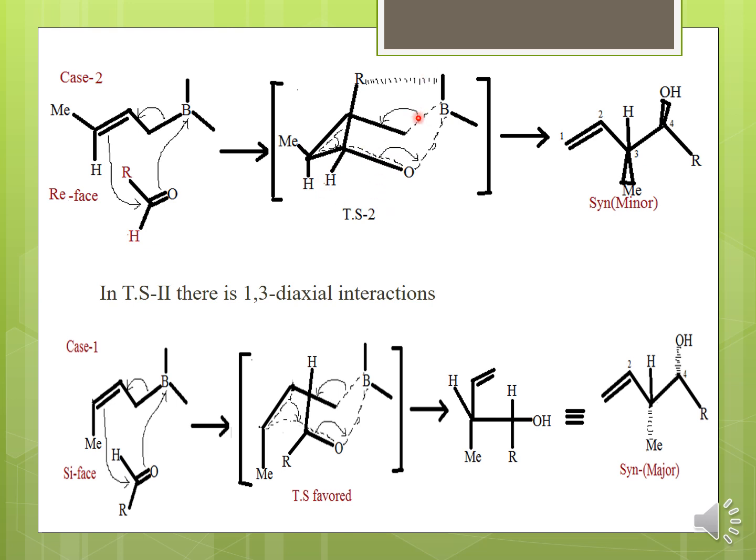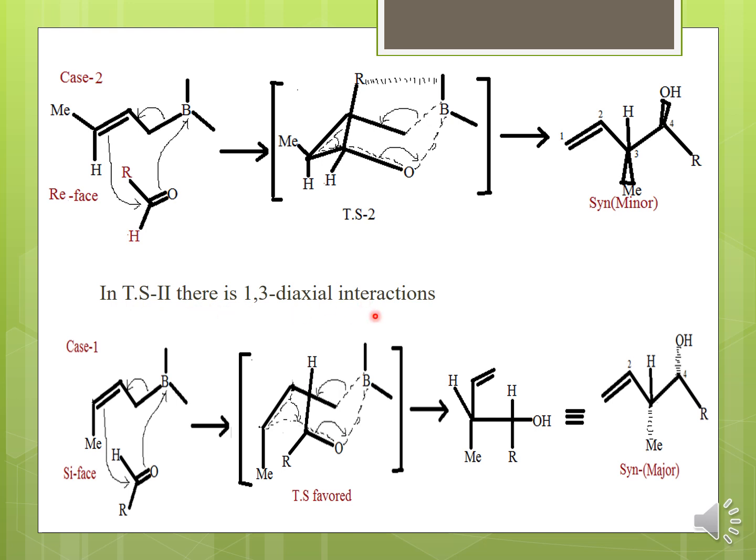Okay, after that what happens, this shifts and then this again shifts and then this bond shifts. There is a cleavage of this moiety, the whole moiety of this boron will get cleaved out. When this shifts, at that time there is a generation of one negative charge, O minus, right? With the abstraction of one proton, there is a generation of your OH, that is your syn product, minor product.